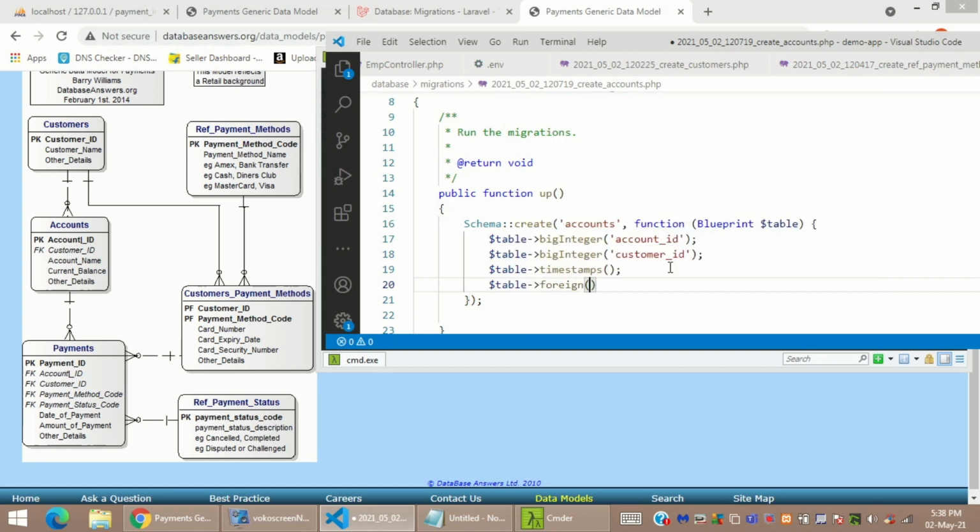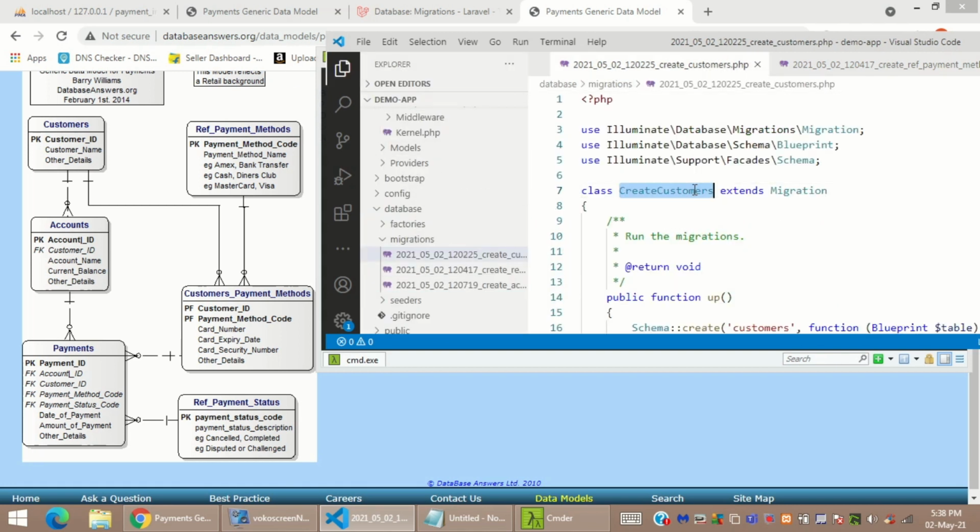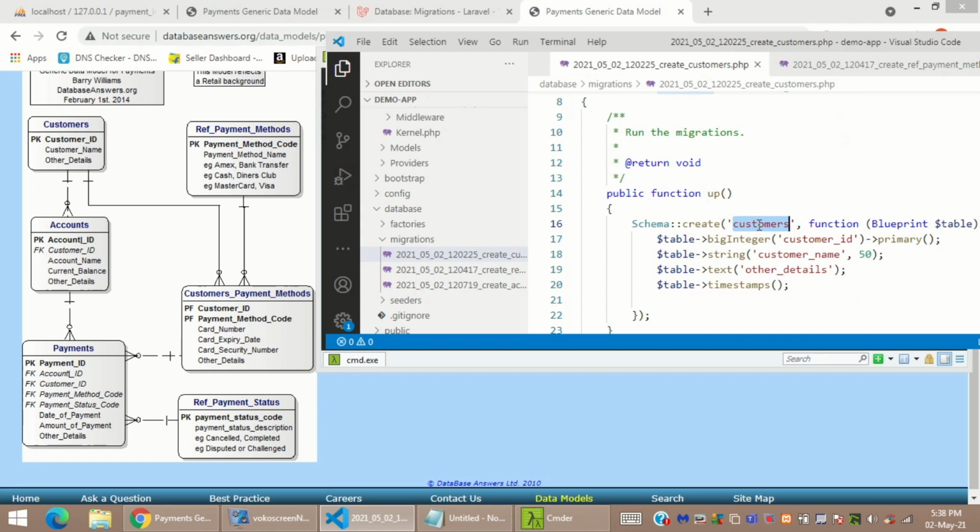You can define the foreign key in this manner, that customer ID has a references of the other table's column. Fine. So first it is given the name of the column of other table, that is customer ID, and then on other table's name, that is nothing but customers table. Fine. So the first argument is nothing but the current table column, and the next argument is nothing but